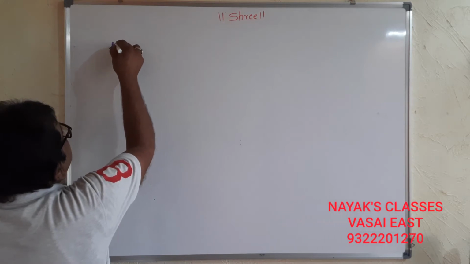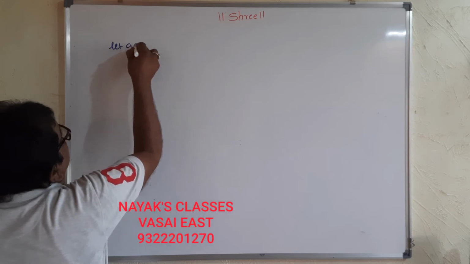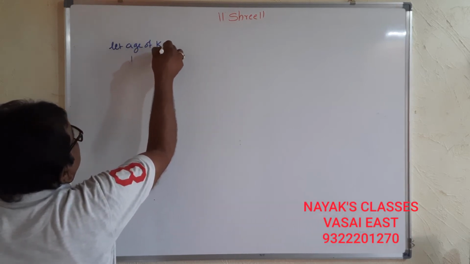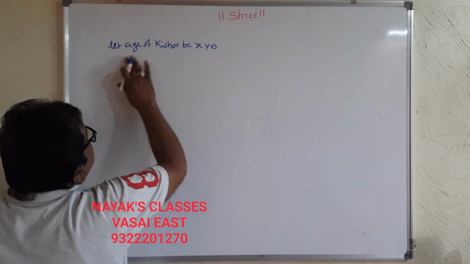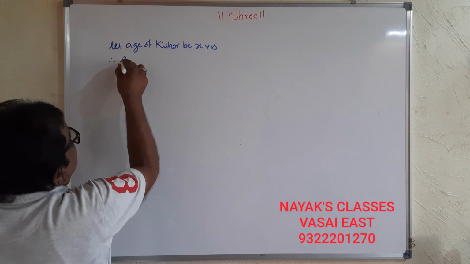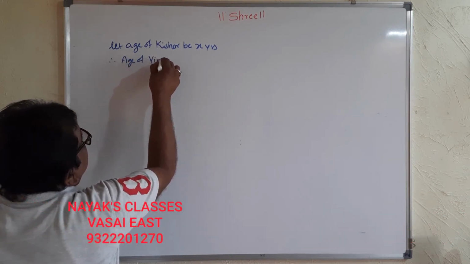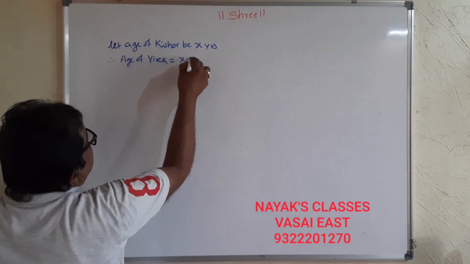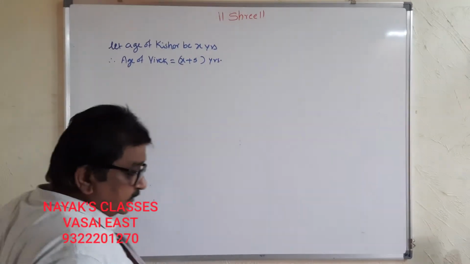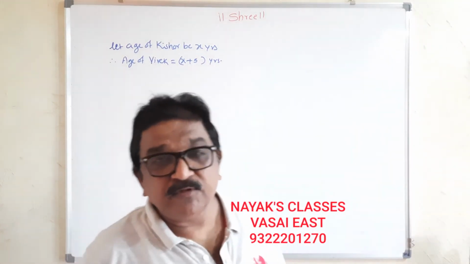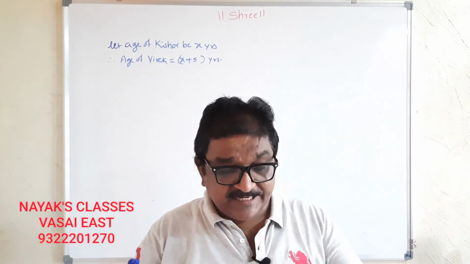Let the age of Kishore be X years. Therefore, the age of Vivek is equal to X plus 5 years. Up to this, it's very easy. Now what they have said,